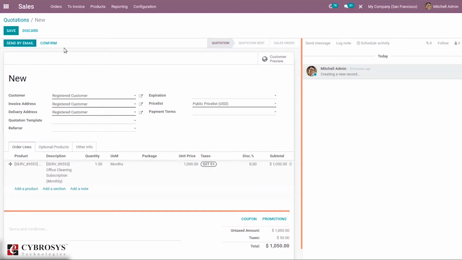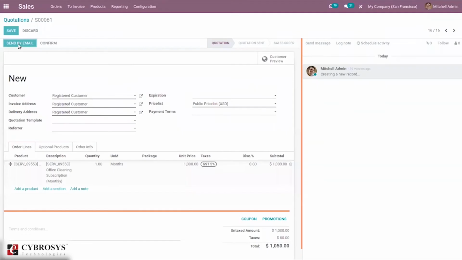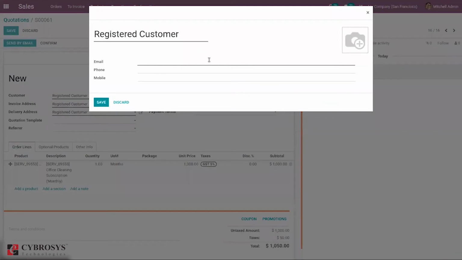Before directly confirming this quotation, we can send it to the customer and confirm it. So I'm sending this quotation to my customer by mail.